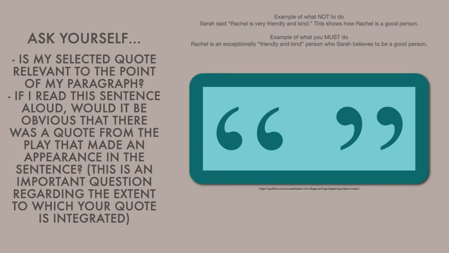An integrated quote means that you can read it as part of the sentence, and if I read it aloud to someone, they wouldn't even know it was a quote because they wouldn't be able to see the inverted commas. So make sure that you have integrated it in such a way that you can just read it aloud and it would flow smoothly. It obviously still has to be a quote of substance, and maybe the language would give it away that this is a quote, but the sentence must flow. I don't want to see "he said this" or "this shows that." It must be a part of the sentence.